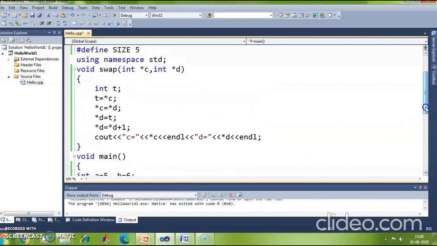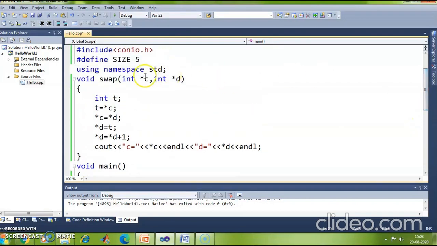In the function definition, instead of declaring a pointer which holds the address, let me declare a reference variable c and a reference variable d. Now c and a are one and the same. D and b are one and the same.